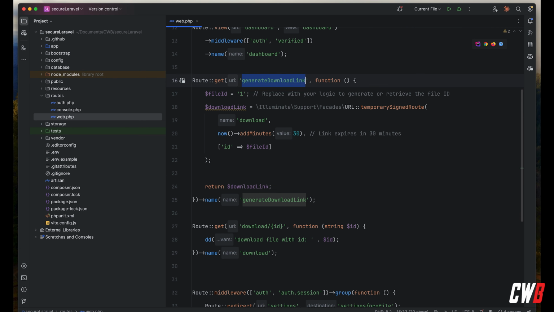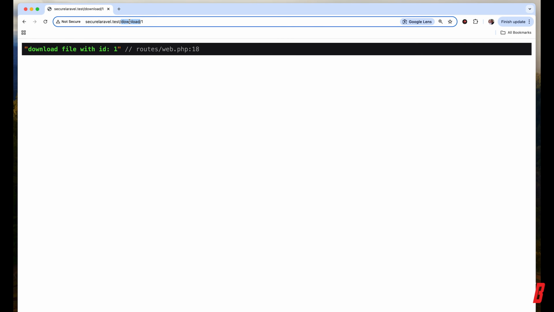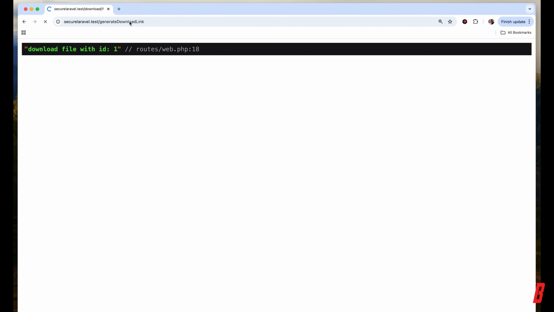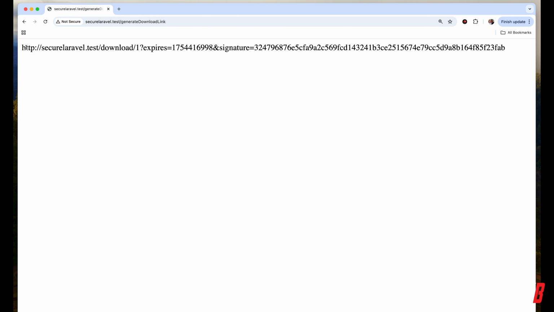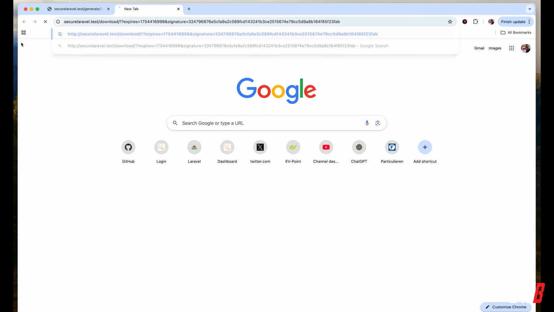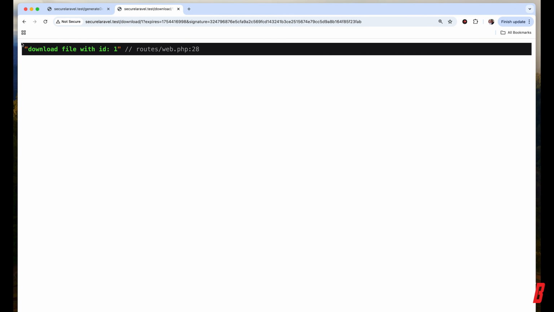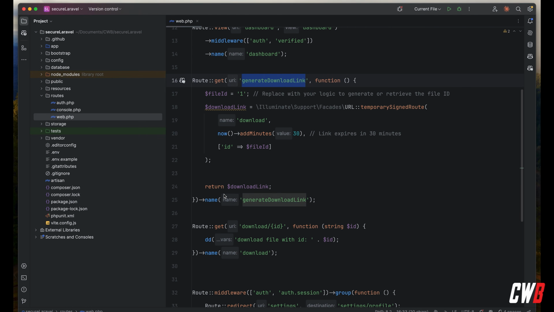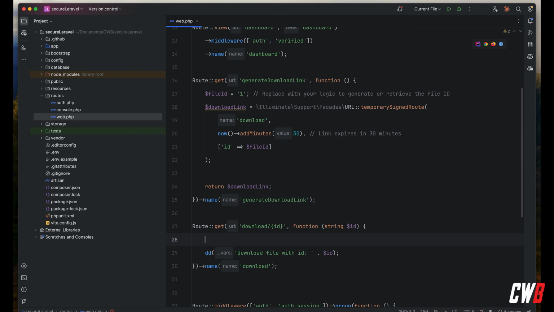So let's navigate to this route here. This generates a link for us, download with an expiry and a signature. Let's copy this, open a new tab and navigate to that, and I can download that. Cool. But we need to add here